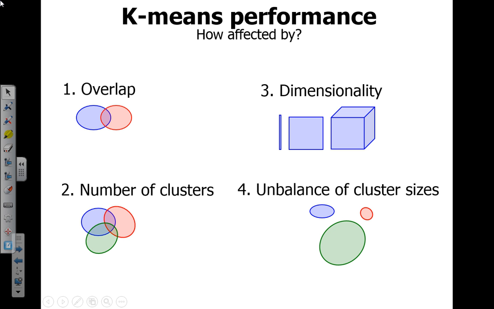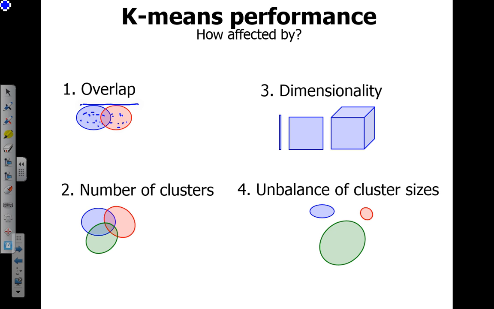Okay, so I have 4 questions I want to answer in this presentation: how much the properties of the data affect how well k-means performs. I will study 4 different properties. First is the overlap. It means that the clusters and the data points are not well separated; you need to find the clusters here and there, but they are overlapping. So how much does this kind of overlap affect how well k-means performs?